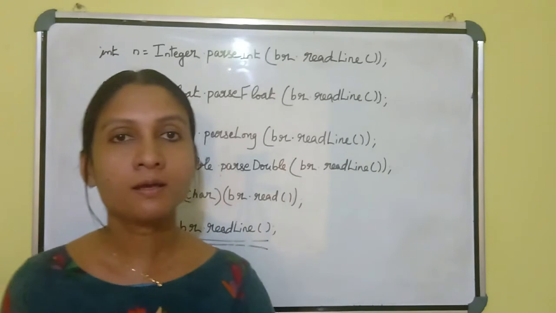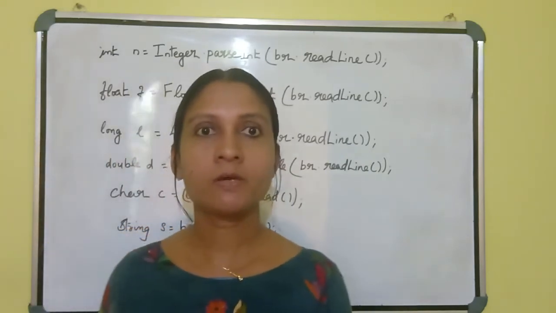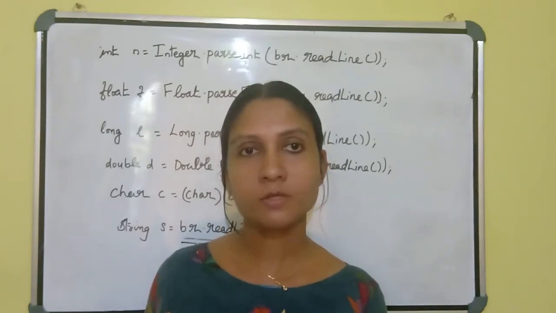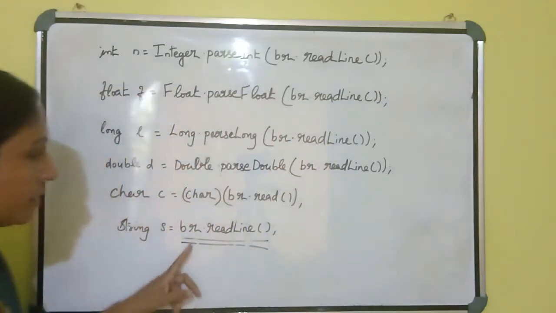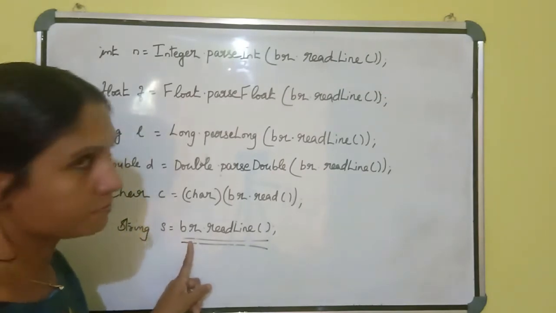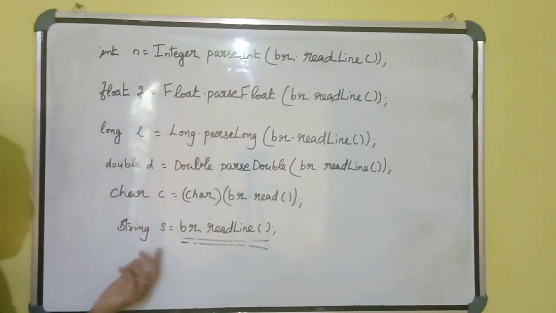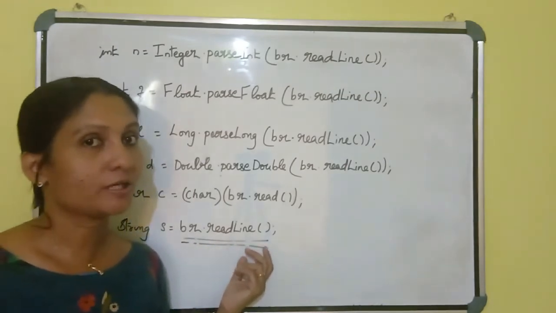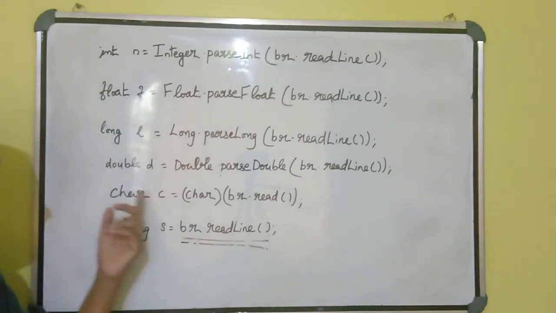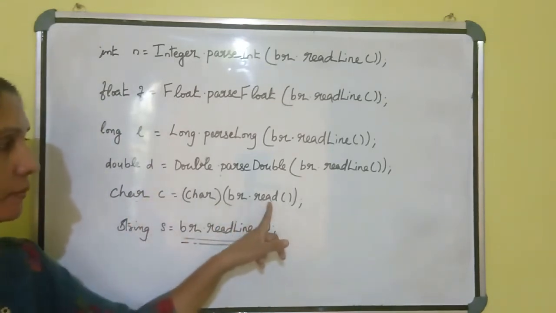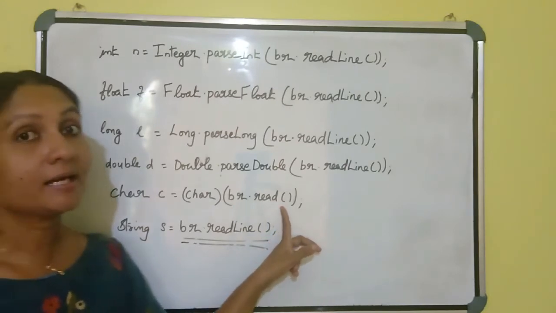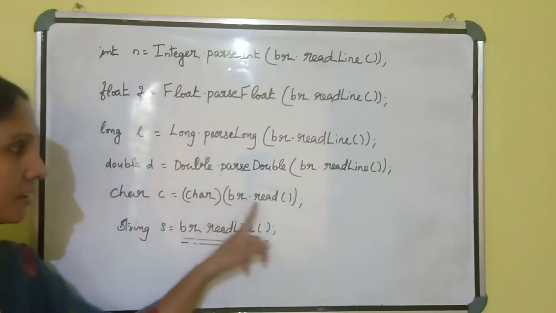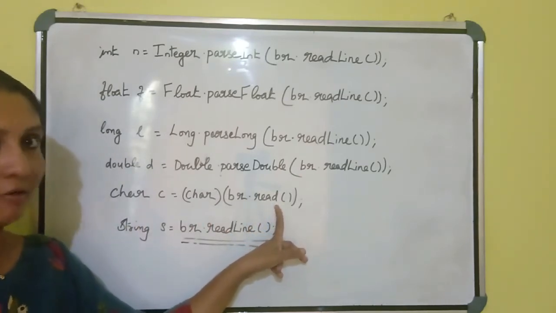After that, to store the data in memory, we use the buffer reader class. For that purpose, first we create an object of this buffer reader class. The object name is br here. To read a string type value, Java provides a function called the readLine function, and to read a character type variable, Java provides a function called the read function. To read a sentence, readLine, and to read a character type variable, read.